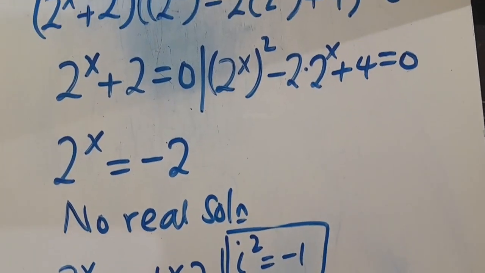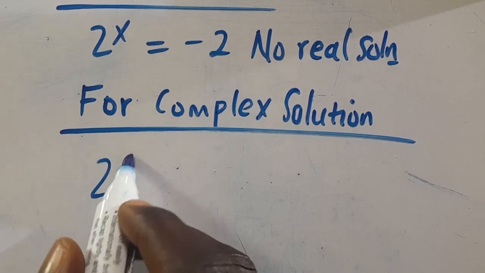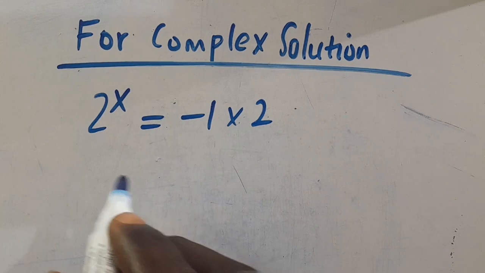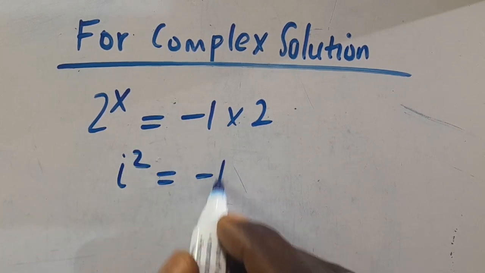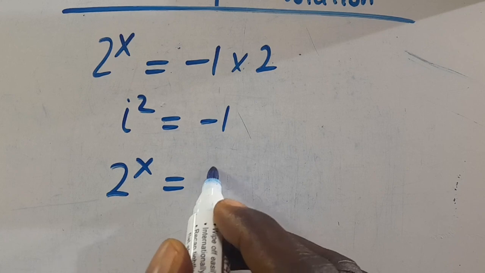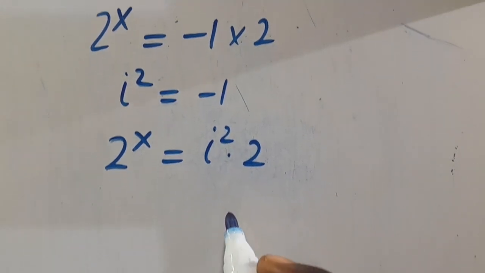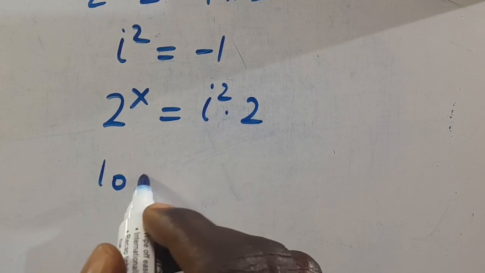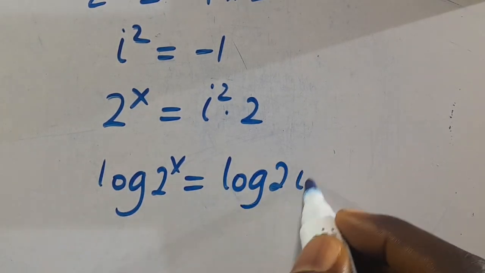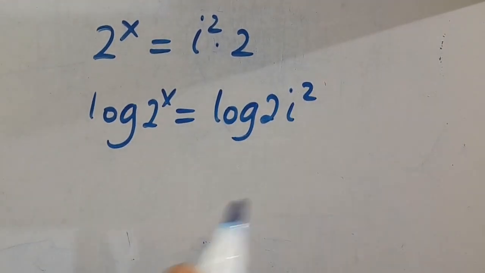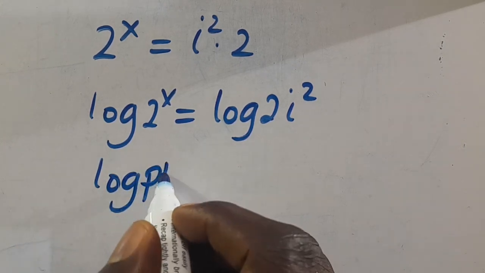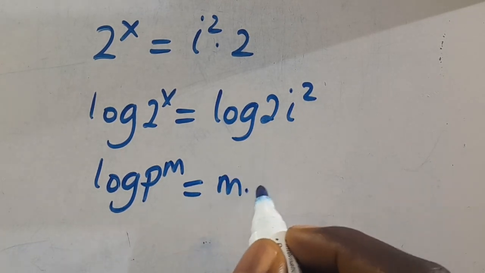And so therefore, from here we have 2 to the power of x equals minus 1 times 2. Then we have i to the power of 2 equals minus 1. So here will be 2 to the power of x equals i to the power of 2 multiplied by 2. So when we introduce log, from here we have log 2 to the power of x equals log 2i to the power of 2. So from here, when you have log p to the power of m, this can be written as m multiplied by log